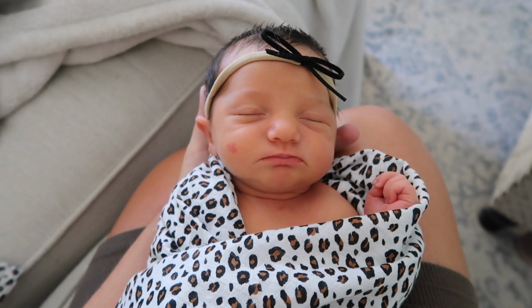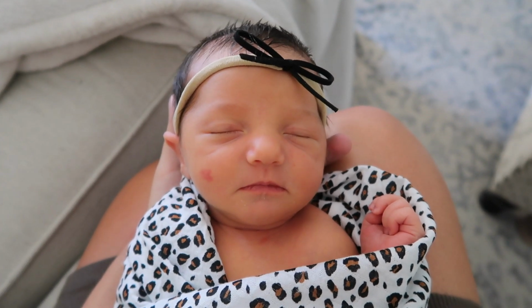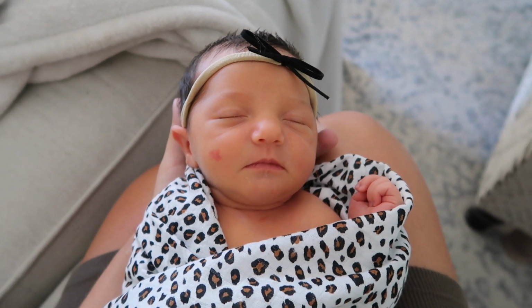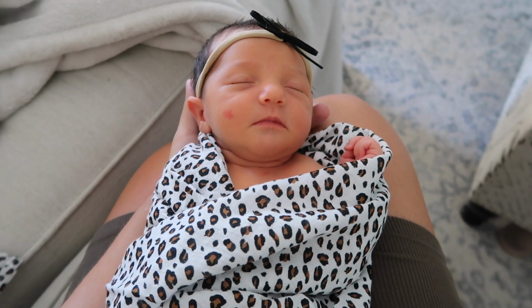She basically latches for breastfeeding just enough to pacify her for a moment, and then she stops drinking. So she's not really drinking a lot or eating a lot. And she's also having a little bit of trouble with her latch. So we've been working on it. What I'm having to do is breastfeed her every 2 to 3 hours. And then after I'm done breastfeeding, top her off with a bottle feeding. And then after that,